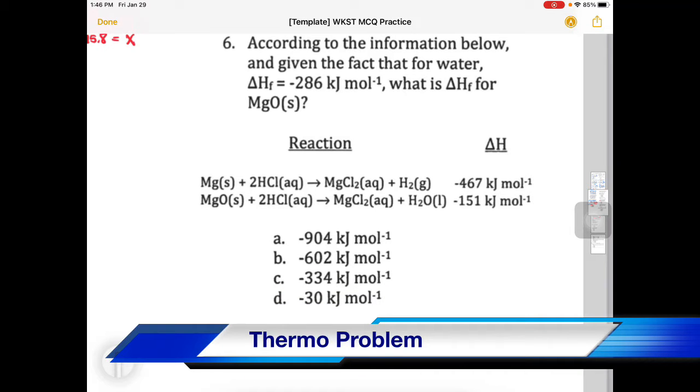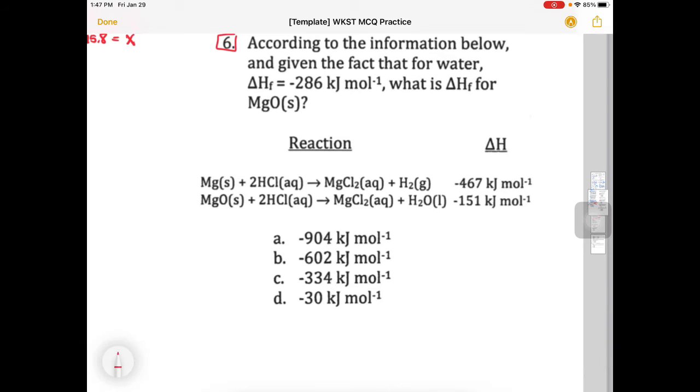Hey folks, as promised, I'm going to solve this question number 6 from the multiple choice questions sheet from today, Friday, January 29th. Okay, that's when we got cut off. So we're given the heat of formation for water of negative 286 kilojoules per mole. Ultimately, we have to find the heat of formation for magnesium oxide, and we're given these two reactions and their